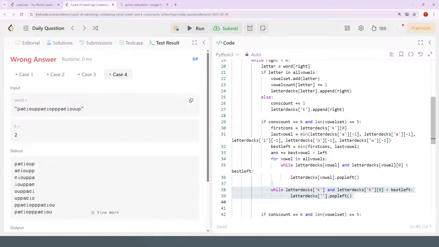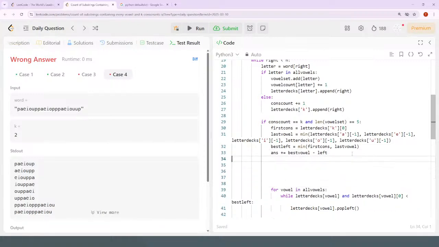What you do need to close, like you don't need to remove letters until you have too many consonants. When you have too many consonants, that's when you need to remove letters. If you have too many vowels, then there's no such thing. So this removal process is wrong at this point. But if you do have the right number of consonants as you extend out your window, then